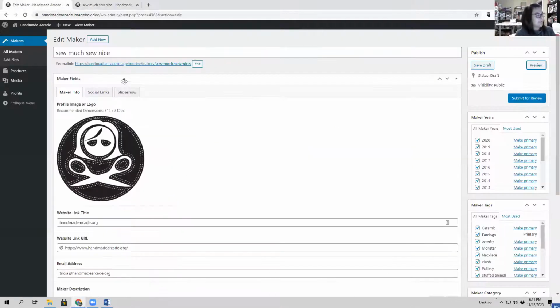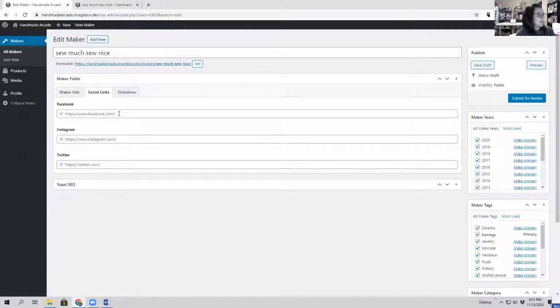All right, next up, social links. So up here, you'll see there's maker info. Now there's social links. It already has the facebook.com in there, so you just really need to add your Handmade Arcade at the end. It's already pre-populated for me because I tried it earlier, but you're just going to need to either copy and paste your Facebook link, your Instagram link. You need the whole link. You can't just do @Handmade Arcade. You need to go to your Instagram page, type up